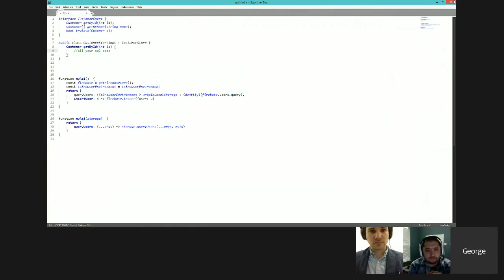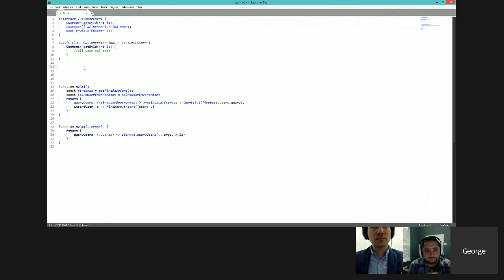And if all your SQL code is in here, how are you going to, at the same time, save a new customer and the order they're creating if they're not in the same repository, right? In that case, you really need something like a repository manager. Unit of work, right? The unit of work pattern.